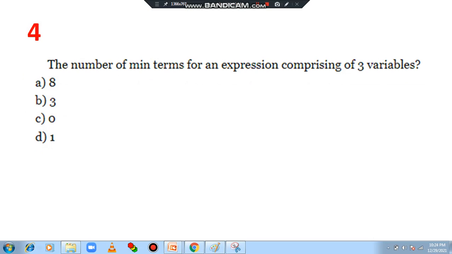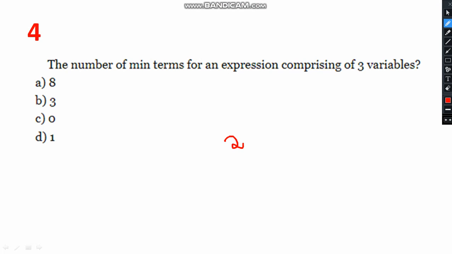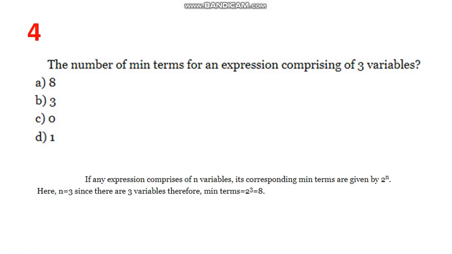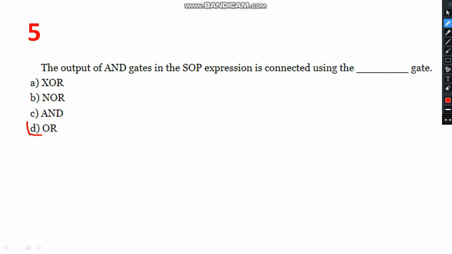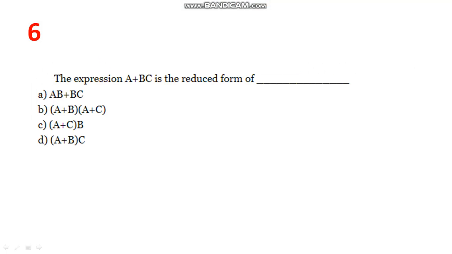Now the number of min terms in an expression comprising 3 variables. Use the formula 2 to the power 3, that is nothing but 8. Okay, there are 8 min terms. Next, the 5th question. The output of the AND gates in the SOP expression is connected using OR gate, obviously. You should know the difference between SOP and POS, that if you write one equation, definitely you will come to know. The output of AND gates in an SOP expression is connected by using an OR gate. Last question, the expression for ABC is in the form of A